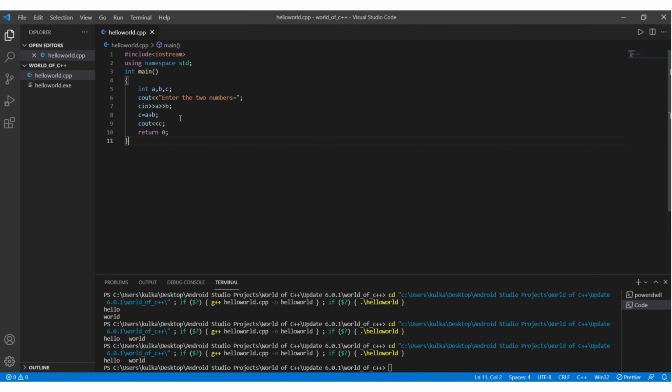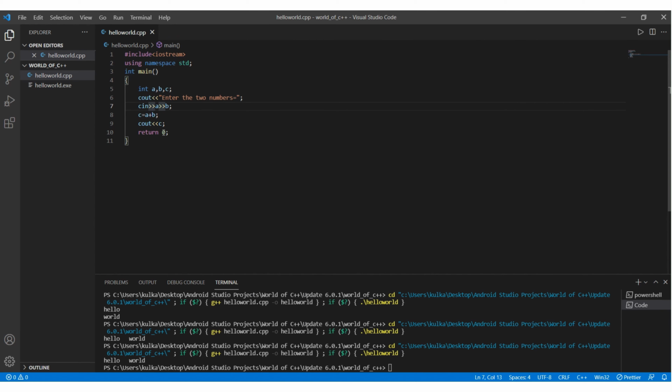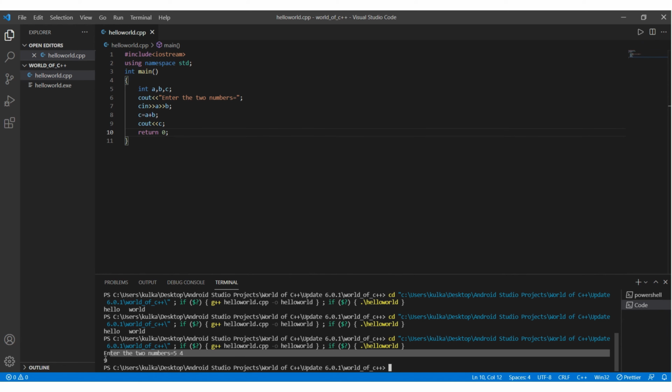What the program does is that it asks the user to enter two numbers. The values of those numbers are stored in variables a and b. Variable c is storing the addition of the two numbers and then we are outputting c. There is one more way to do this, but first let's see the output. Enter the two numbers. I will enter 5, 4 and the addition is 9.